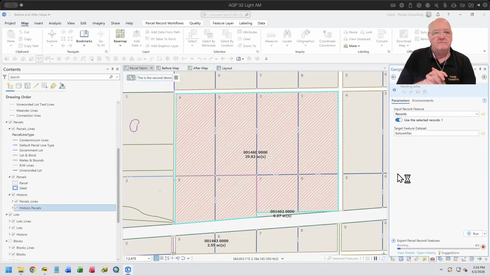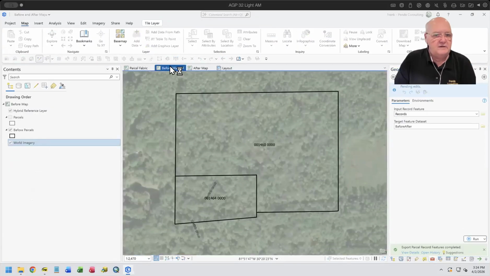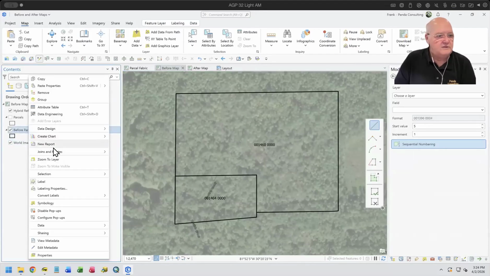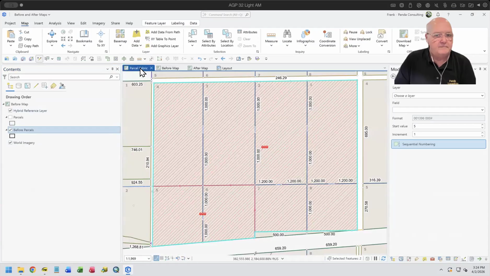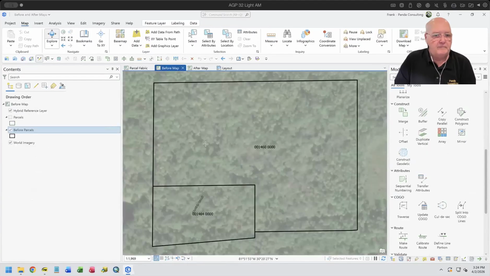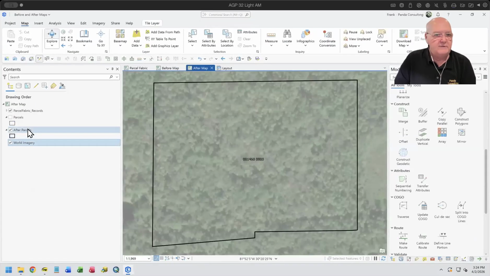Wait for this to go and run. So just to check it, let's go and zoom to this layer. And then just to make sure that this is the same. All right. By the way, one of the things that will help you when you're setting this up